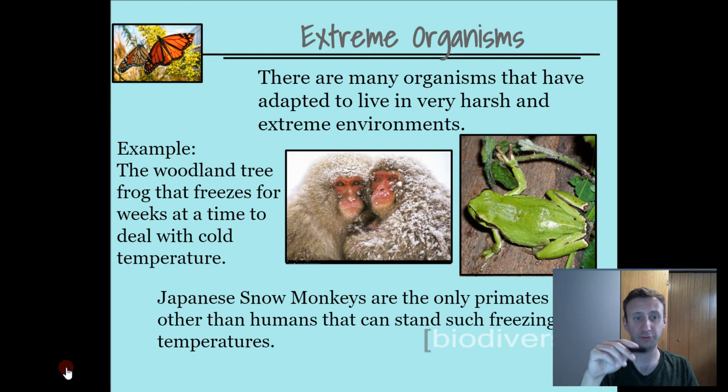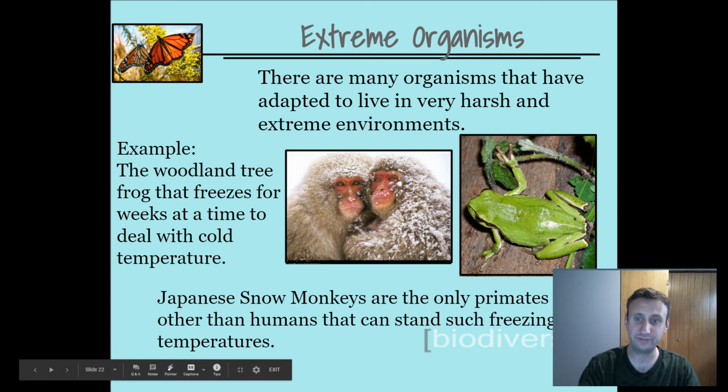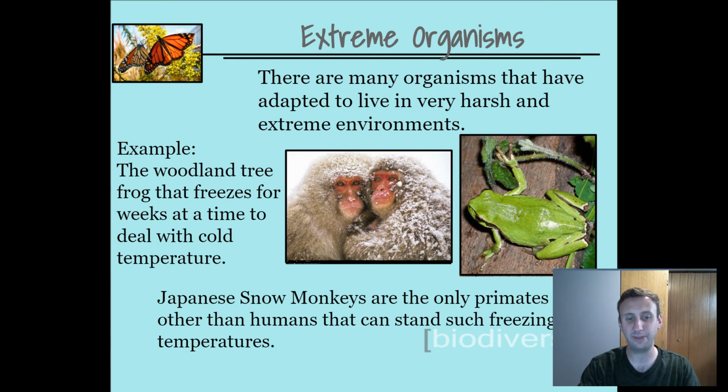So, for example, the woodland frog lives in areas that get incredibly cold, and it actually freezes for weeks at a time to deal with cold temperatures. And then as it thaws, it reanimates and basically almost comes back to life after being frozen. So it can actually survive freezing conditions as a tree frog. The Japanese snow monkeys are the only primates other than humans that can stand incredibly cold, freezing temperatures because they've adapted by having this amazing fur coat. And as a result, they have a niche where they can survive in an area that's very extreme